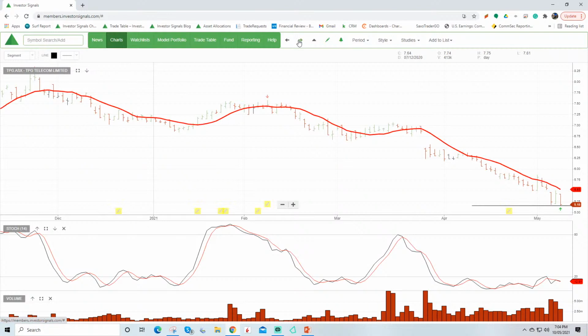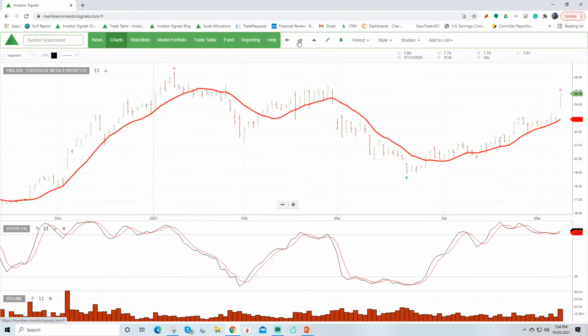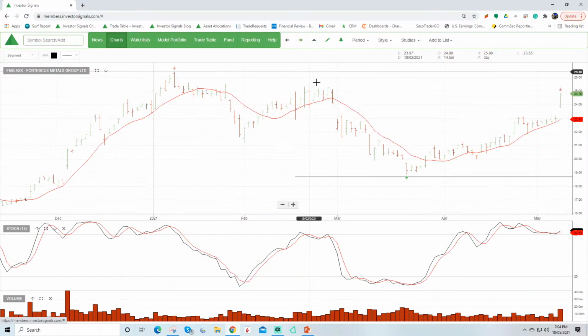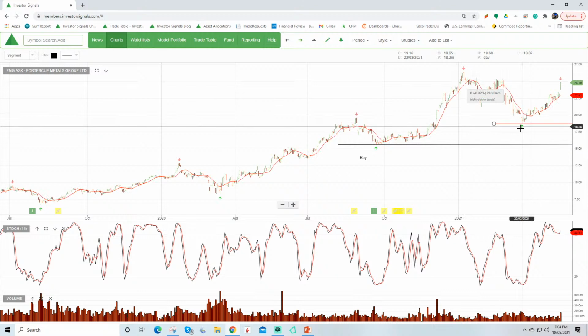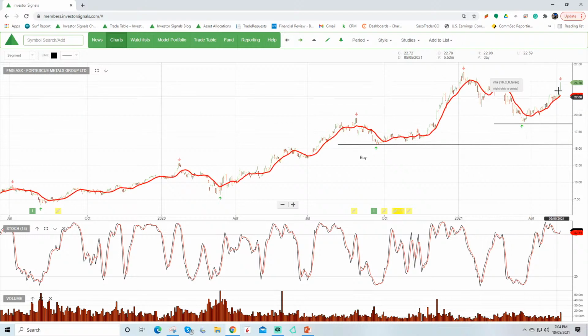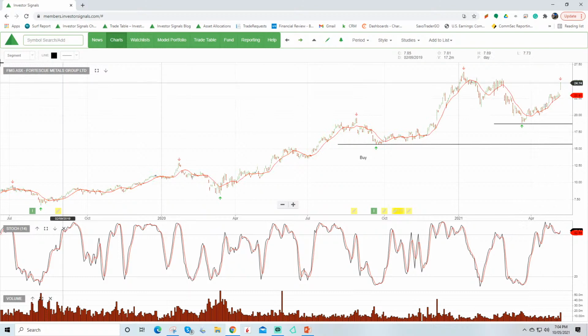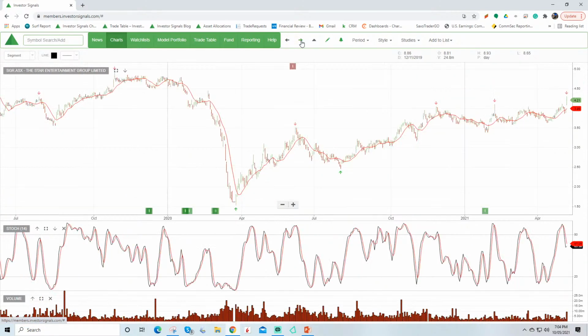TPG under pressure on its lows, and we continue to monitor that. Fortescue, after creating a buy signal back here at around $15, we've seen it break out to a higher high, a higher low formation here off this interim pivot point, which is a reference to the green arrow there. The stock price is above the 10-day average and moving higher, and we continue to stay exposed to Fortescue in the top 20 and top 50 model portfolios, and it's one of the better performing stocks. The strength in Fortescue is obviously off the back of iron ore prices pushing up through $200 US a ton at the moment.